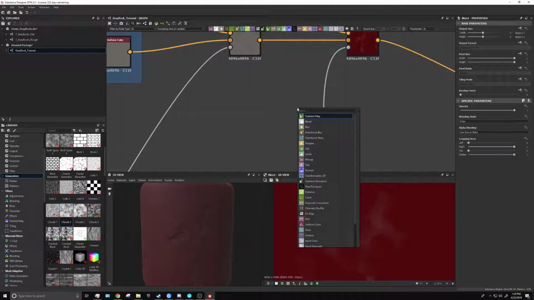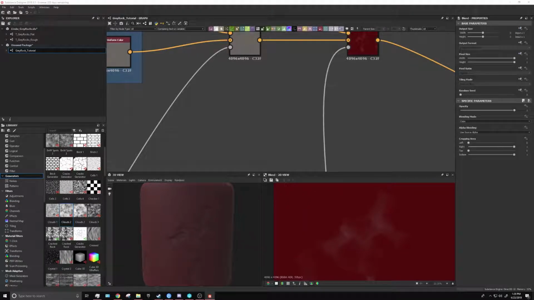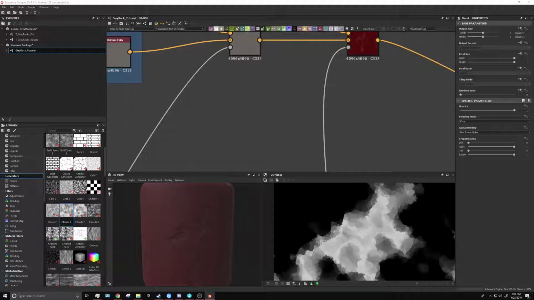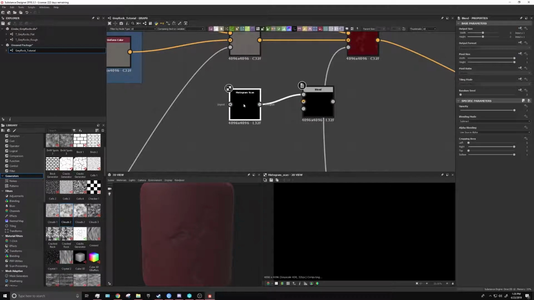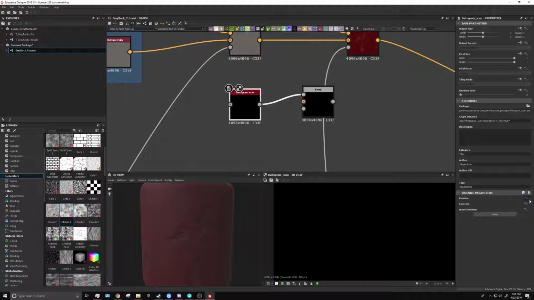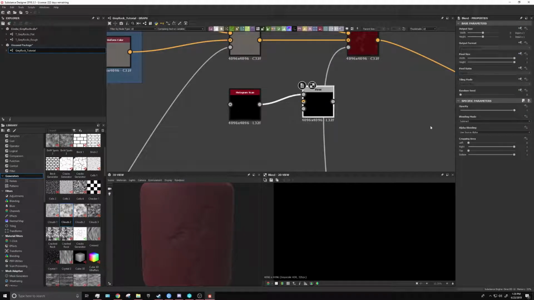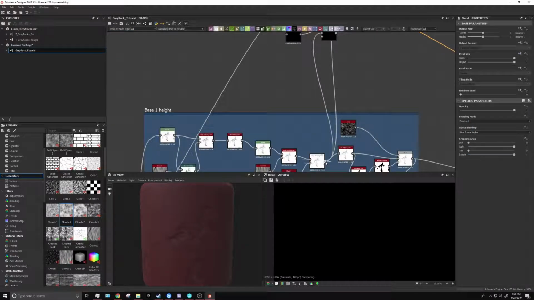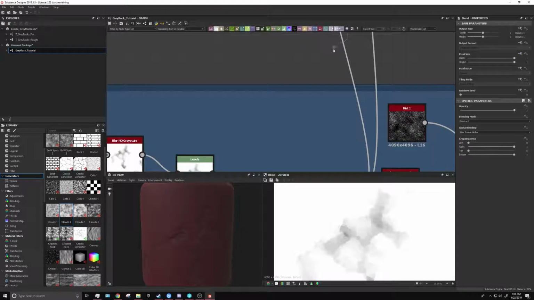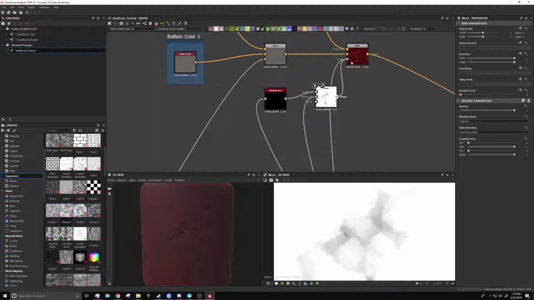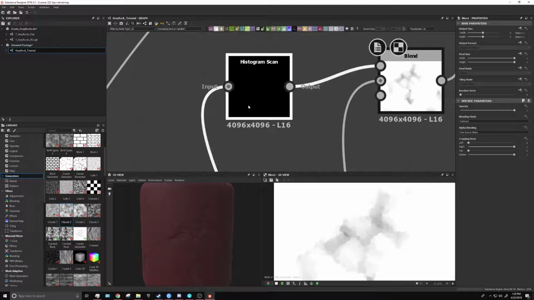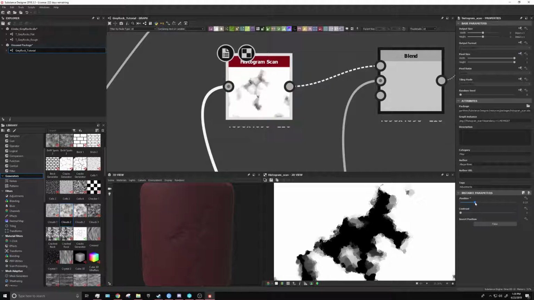So next thing is I'm going to just bring it over because this makes it easier. It's a histogram scan in the blend, and I'll just show you what I did. So with the histogram scan, I exposed the parameters. So yeah, let's reset these. And the blend, I kept on subtract. What I want to do is take the background, plug this into the background, and plug this into here, then plug this in here, and then with the histogram scan, bring up the position,